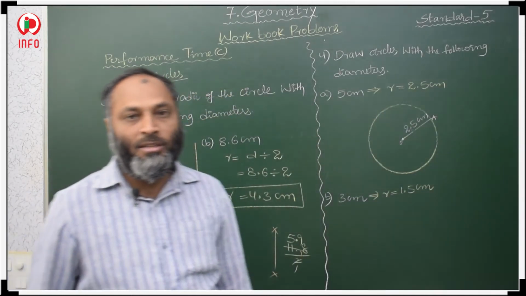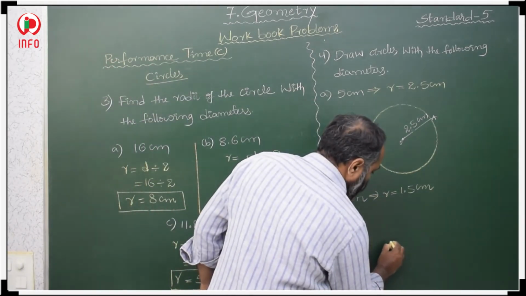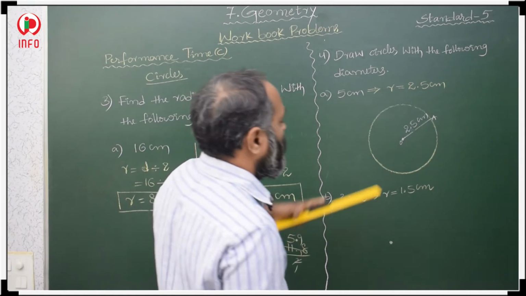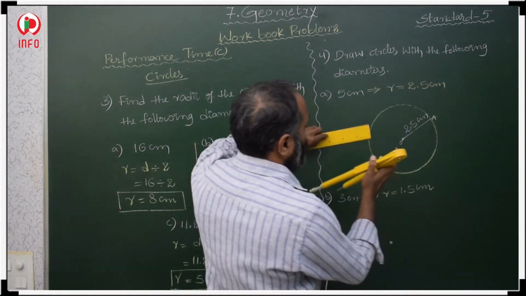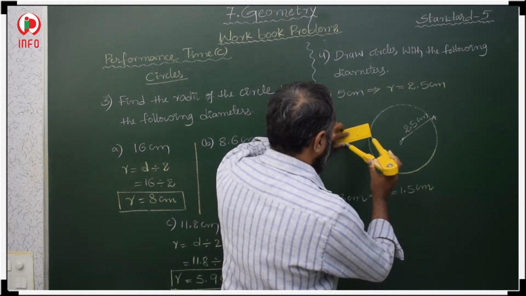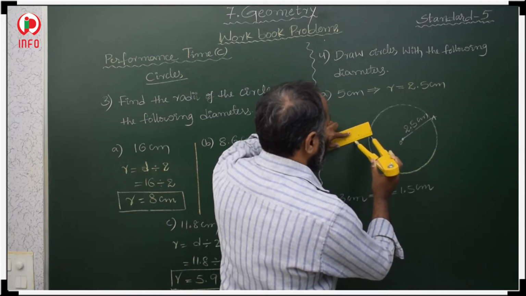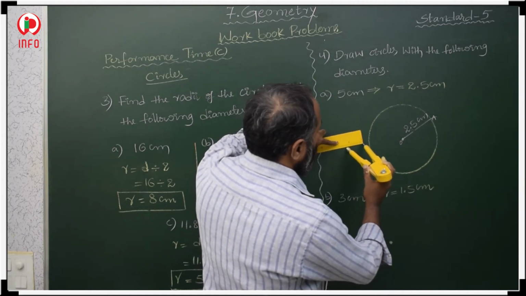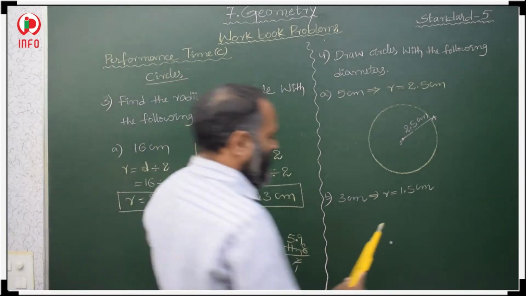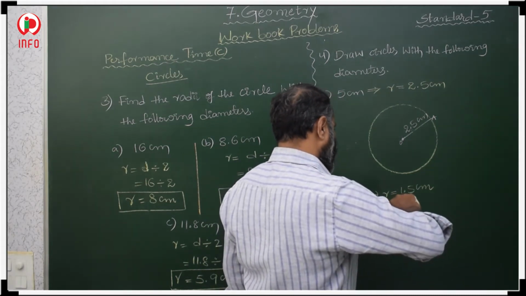1.5 centimeters. So again, we have to mark a point, the center, and after that with scale and compass we have to measure 1.5 centimeters. First we have to keep the sharp end of your compass at 0, and the other you have to adjust at 1.5. Like this we have to take 0, other end at 1.5. Then after that you have to rotate. Keep your pointer on this center, and after that rotate your compass.